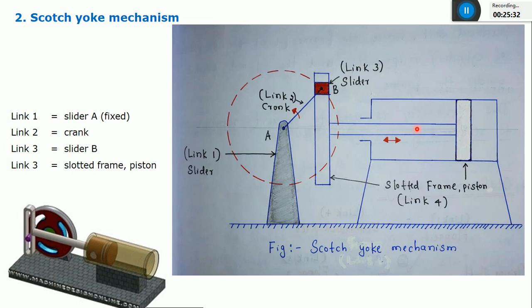Please take a rough diagram of this. Okay, just don't consider this piston. Okay, only consider these four links. Link 1 is a slider which is fixed. Link 2 is the crank that connects both the sliders. Link 3 is again the slider B, and this has to be 4. Make it a 4, and it is a slotted bar. Slotted bar is nothing but the link which is having a groove, a vertical groove. Okay, as the crank starts rotating in the anti-clockwise direction, the slider will reciprocate in the groove in the up and down direction, so that the slotted bar will be pushed and pulled towards right and left direction.